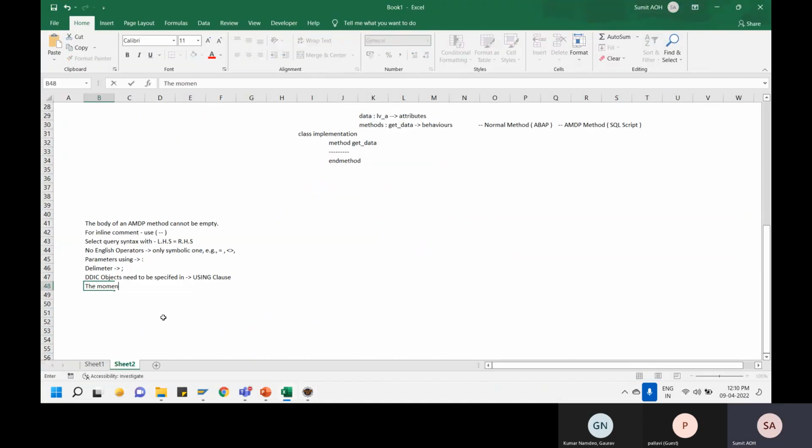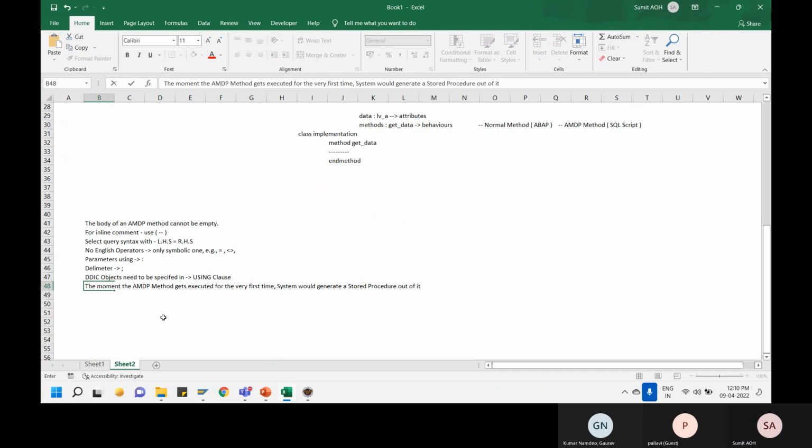The moment the AMDP method gets executed for the very first time, system would generate a stored procedure